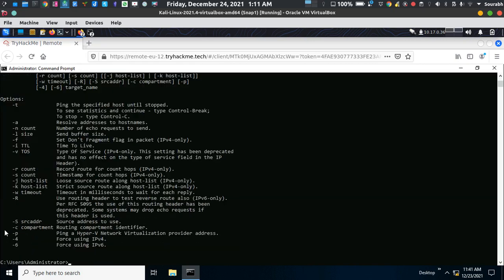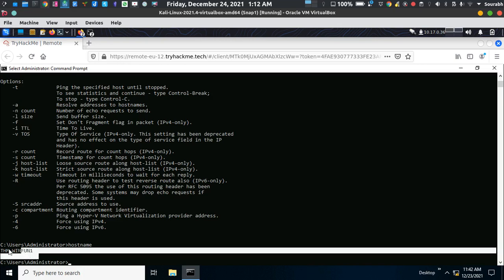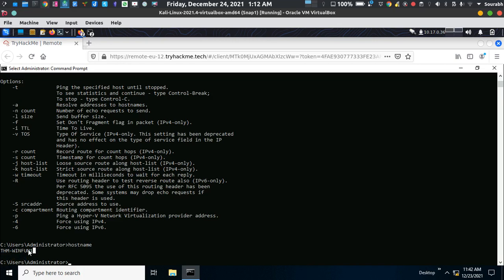Ping. Come on. I think the RDP service is a little unstable.